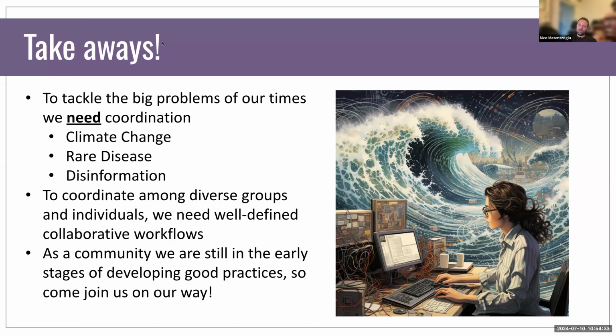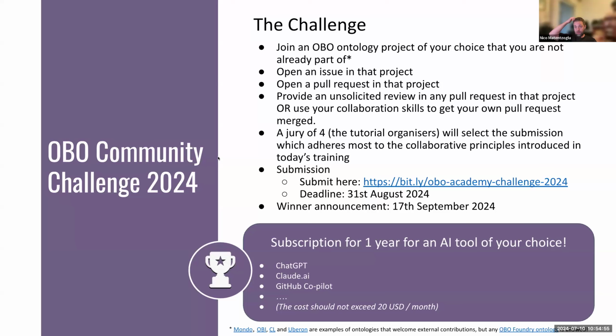So some of what we've talked about today is a bit imperfect, maybe a bit naive in certain cases, but it is where we are as a community right now, and I encourage you all to start adopting some of these practices and help us all as a community to implement those practices together and improve them. All right, with that, I'm going to introduce the big challenge